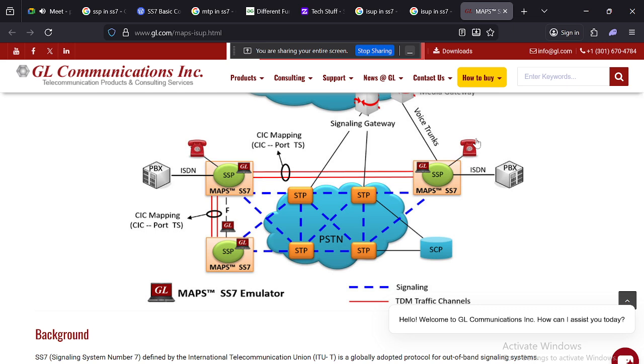That's it. So this is call control: ISUP handles the signaling required to establish and release calls between exchanges. If I call, the application layer automatically alerts ISUP, which handles the signaling required to establish and release calls between exchanges, and supports both basic bearer services like voice and data, and supplementary services like call waiting or call forwarding, etc. And circuit management: it manages the state of the trunk circuits used for the calls, and each circuit between two switches is identified by a unique Circuit Identification Code in ISUP messages.